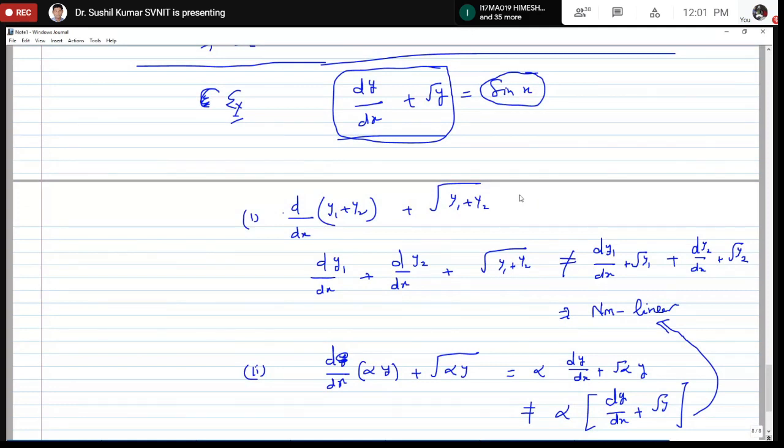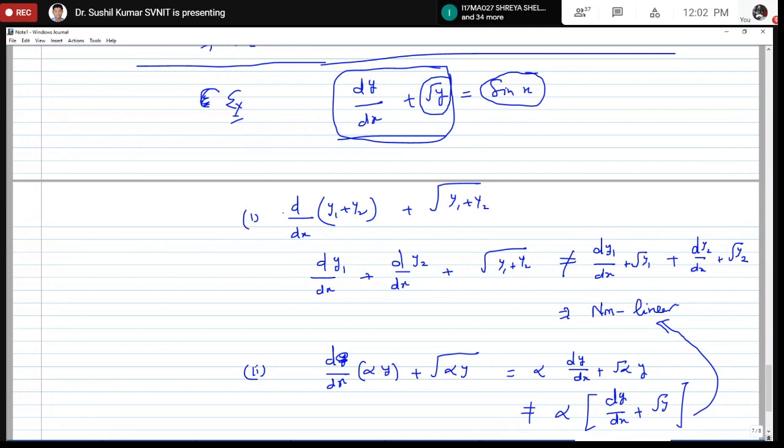No, sir. Okay. Now, see, from this equation, you can get one idea. What is the problem? Which term is creating the problem here in the linearity condition? The second term, the square root. If this power is 1, then it will be linear. If its power is 2, then again it will be non-linear. Why? Because if it is power 2, then it will be (y1 plus y2) whole square, that is not equal to y1 squared plus y2 squared. We'll have one more term here, 2 y1 y2. Then again, it will not be linear. Is it clear? So here, the power of this y is creating the problem.